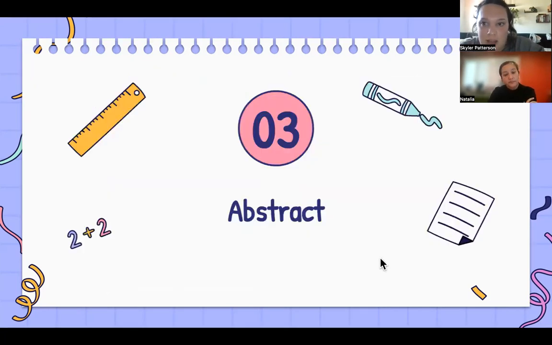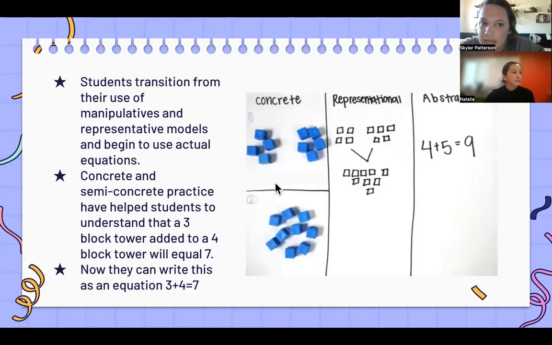And the next phase is the abstract phase, and this is where students really put it into context. They transition from their use of manipulatives and representative models, and they begin to use actual equations like this one over here. It's a little bit covered up by us, but